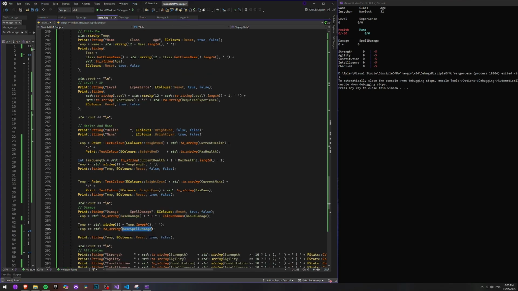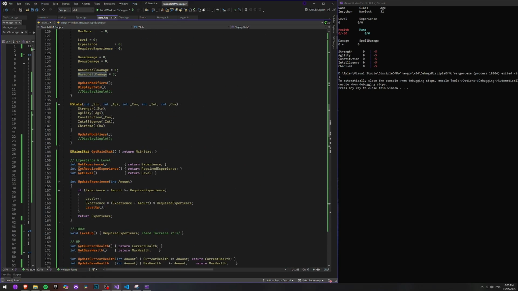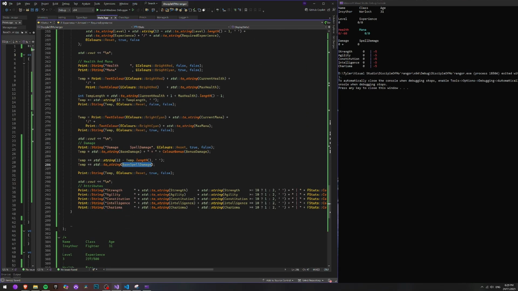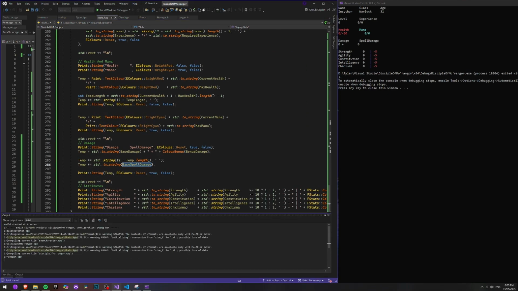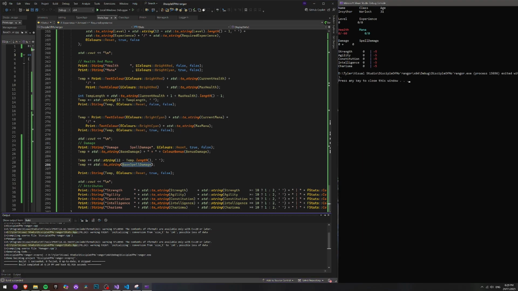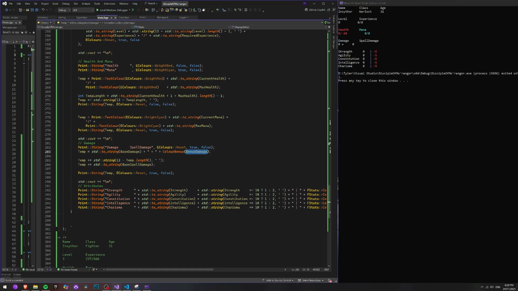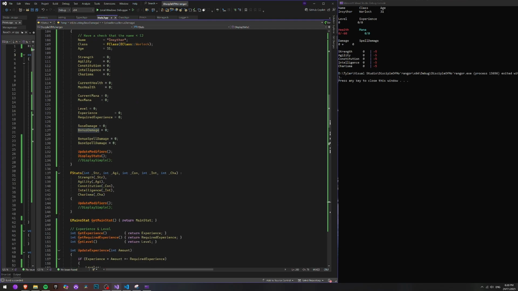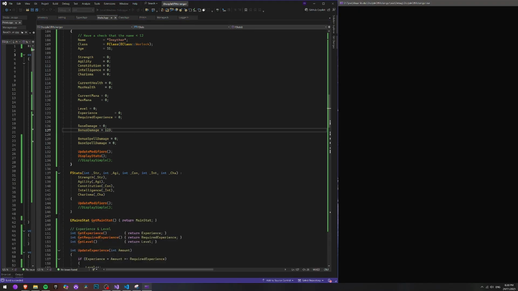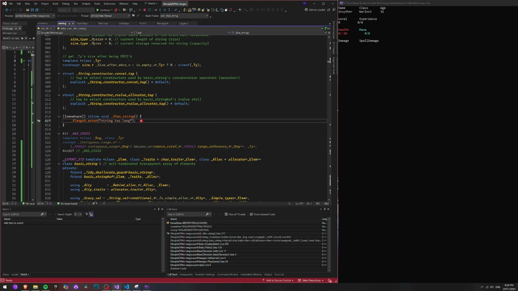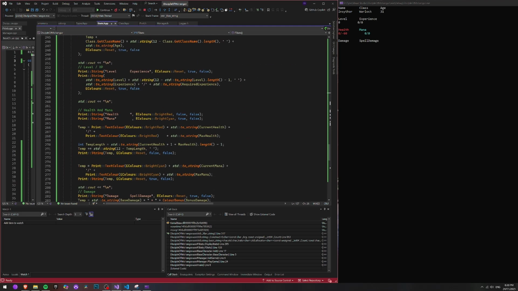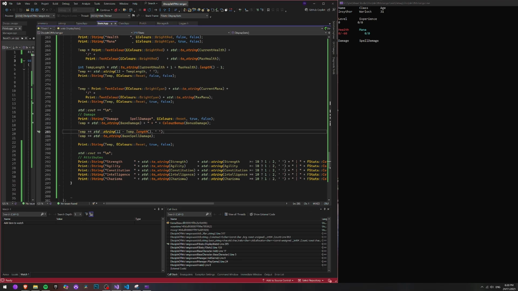Base spell damage. Is that what I'm using? Yes, which you can't do because